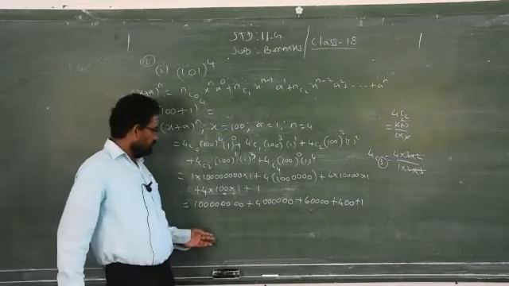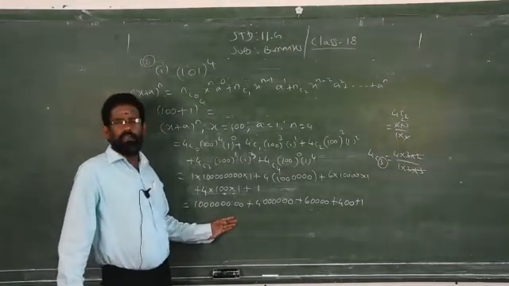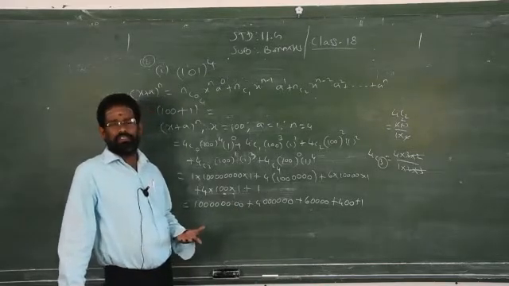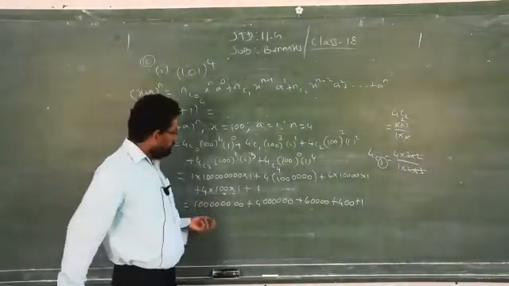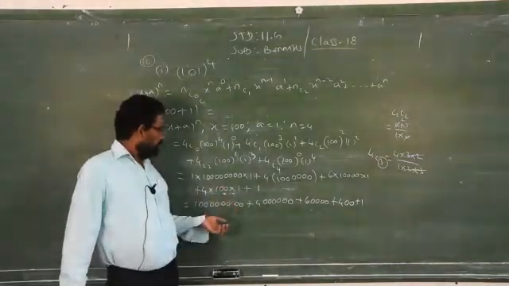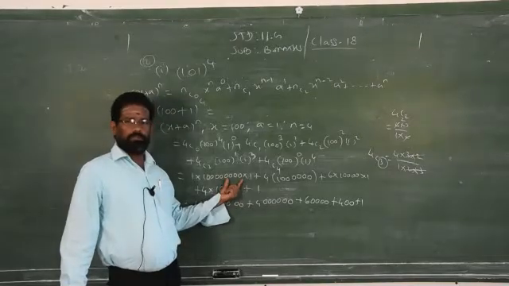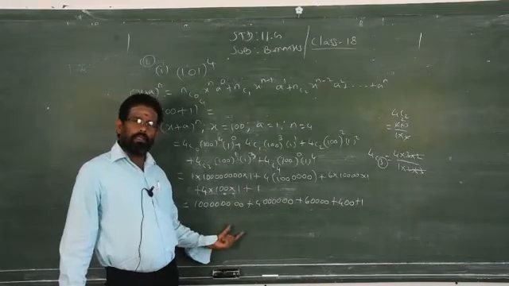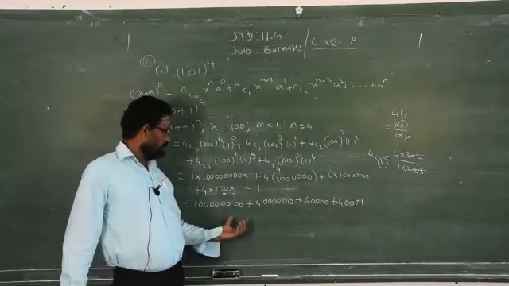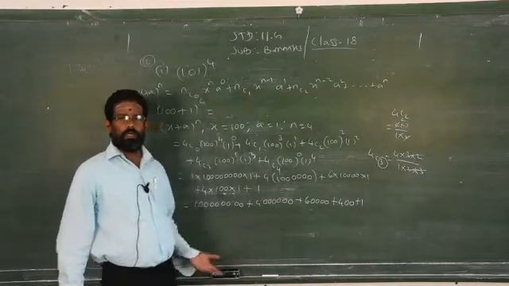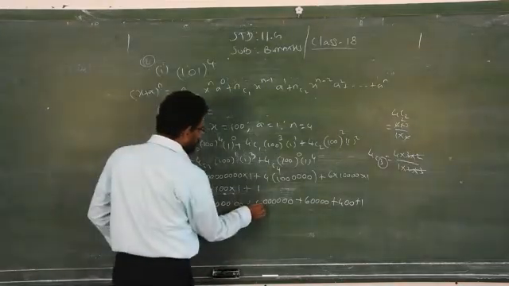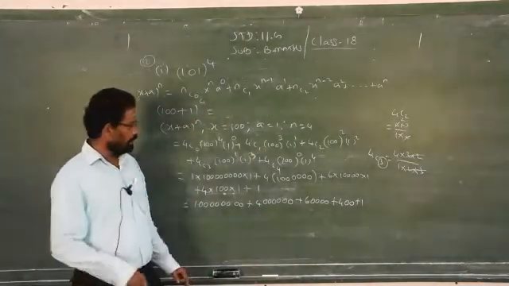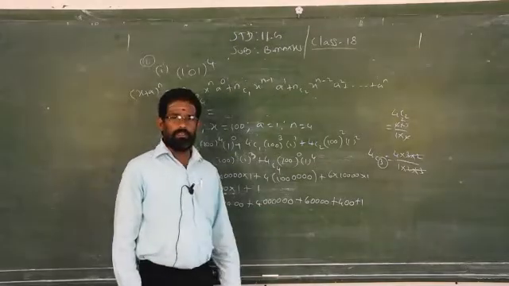So, I left only the last stage. This is very simple for you to add by using calculator. So, if you ask the teacher to complete this one, that is meaningless. It is the same for you, because you are 11th standard. This simple addition you should be able to do. Actually, you have to do the problem from this stage itself. But I did. What's wrong with doing the last stage? It's very simple. Just add by using calculator, you get the answer. So, you are expecting the teacher to complete all the problems on the board. That is not good. In mathematics, you have to try the last step yourself.